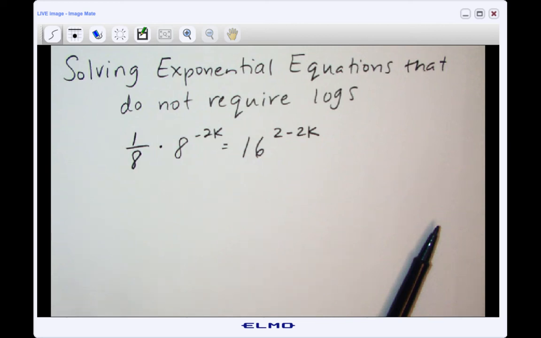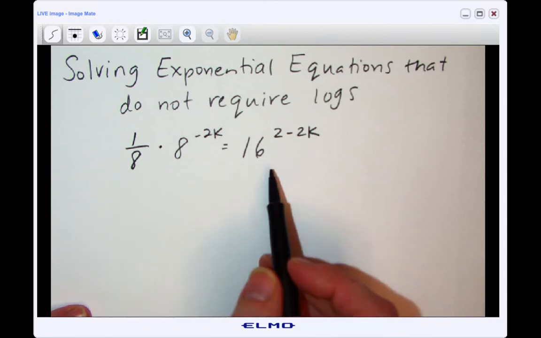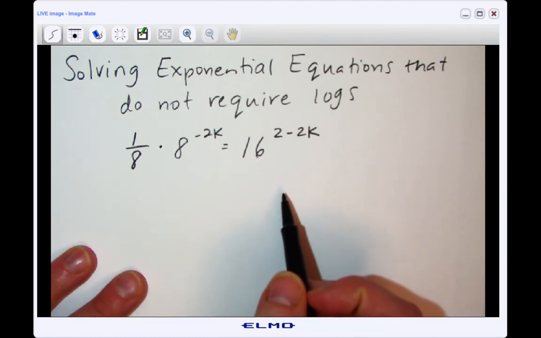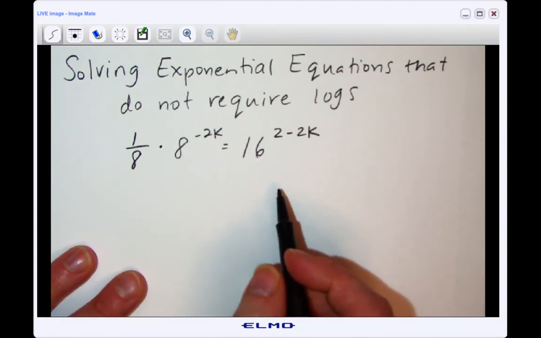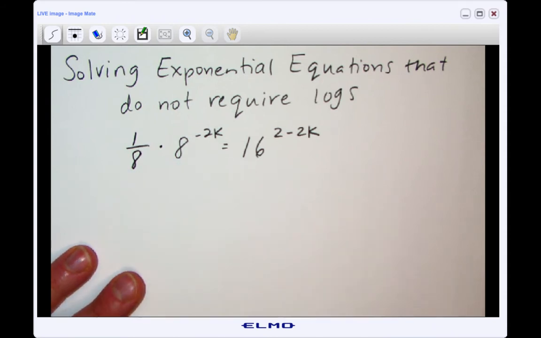Okay, so I'm going to be working with this equation here. We're going to be solving an exponential equation that doesn't require any knowledge of logs. This is all solvable or doable by just using our exponent rules, which we've all learned already. So what I'm going to do is start by rewriting each of these expressions using the same